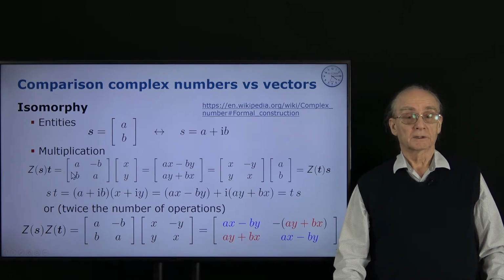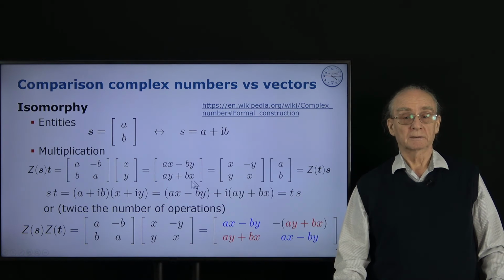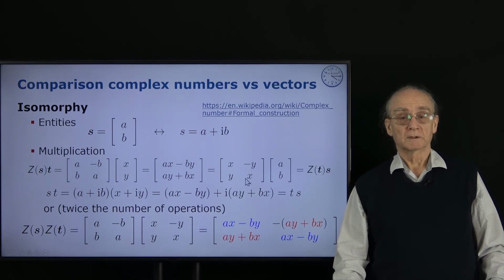This leads to A times X minus BY. Aha, this is the real part of our complex number. And we have BX plus AY, which is actually the imaginary part. And you can easily see if we exchange these two factors, S and T, we get here the Z matrix of XY multiplied with